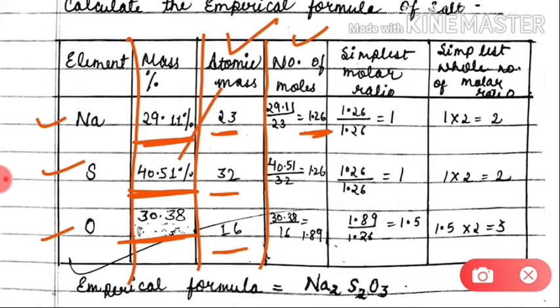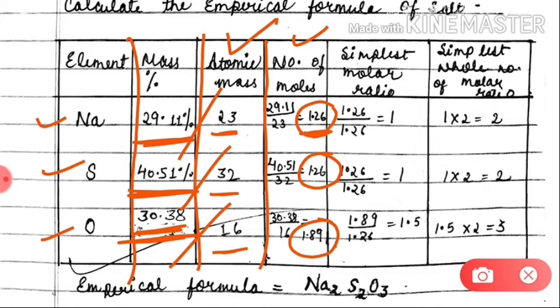Then number of moles of sulfur, 40.51 divided by 32, that comes 1.26, and oxygen 30.38 divided by 16, and it comes 1.89. So the first number of moles comes 1.26, second comes 1.26, third comes 1.89, and we just find the least number of moles out of these three, and that is